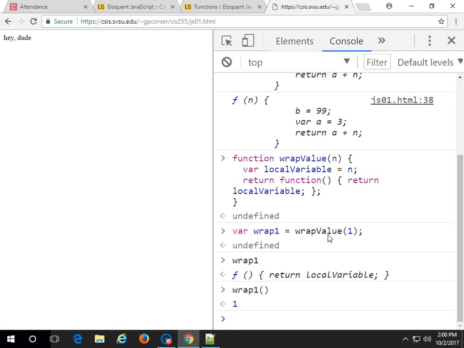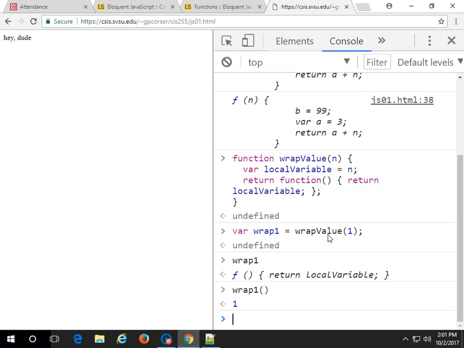Now you can imagine the power of this, right? Suppose that the function was not wrapValue. Suppose the function was stateIsCoastal, and it would tell you if the state was coastal or not. I mean, a United States state. Alaska, yes, coastal. Iowa, no, not so much. So you can have all kinds of code in there. You pass it a parameter, and now it's got the whole function that goes along with that particular parameter. You've created a whole new function, right? So you've got a family of functions. You can think of a closure like a family of functions. How about that? Pretty wild, right? Not something that you find every day.